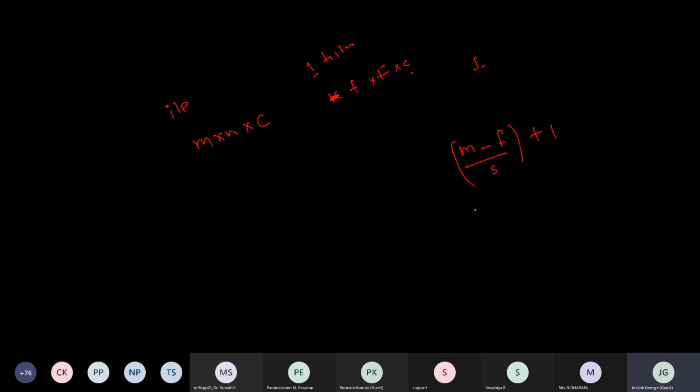The height and the width of the feature map will be this.